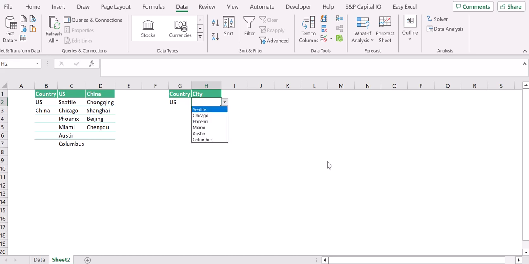Now if I use again Alt and the arrow down, you can see that I have a drop-down list that is dependent on the value of the G2 cell. So in this case I have US and I can select just Seattle, Chicago, Phoenix, and so on, okay? But if I change it to China, for example, you see that it automatically updates and I can just select the cities